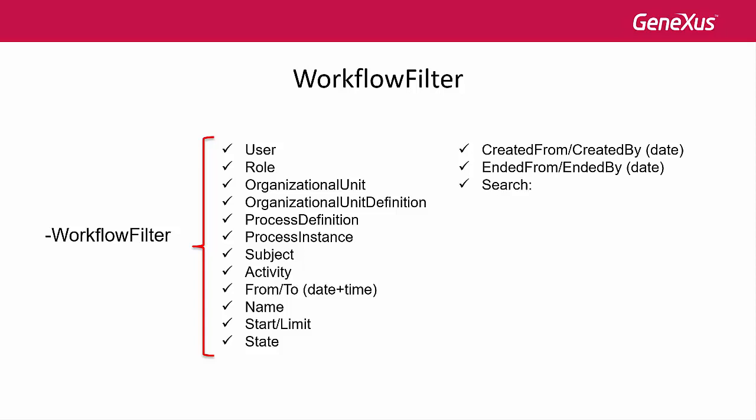The search filter can be used to filter a combination of different attributes in different entities. For work items, it filters by its subject, its name, its process name, its task name, or its username. For users, it filters by code, name, or email. For restrictions, it filters by code or value. For processes, it filters by name and description. For instances, it filters by its subject, its process name, or its username, and for documents it's filtered by title